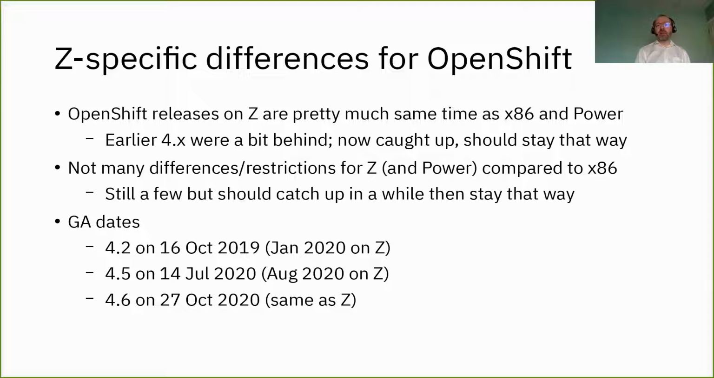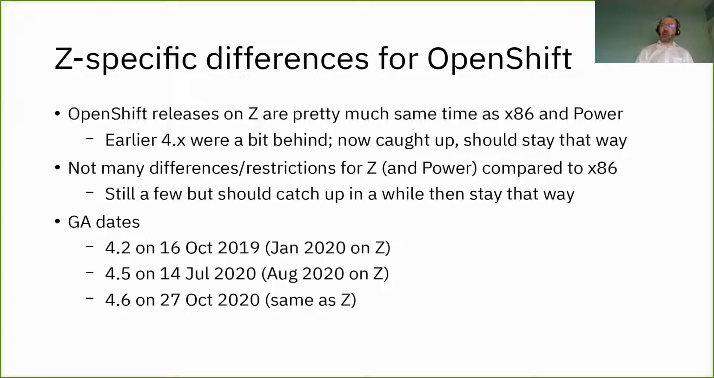So Z-specific differences. Well, they're now released pretty much the same time as Intel and Power. It started on Z with the 4.2 tech preview last December. That's when I first got it up and running on one of my systems. And soon after it went GA, and that was a few months after 4.2 had arrived on x86. By the time 4.5 came along, we were only 1 month behind, and now as of late October,